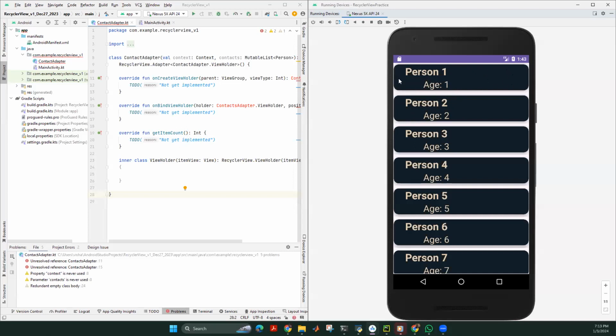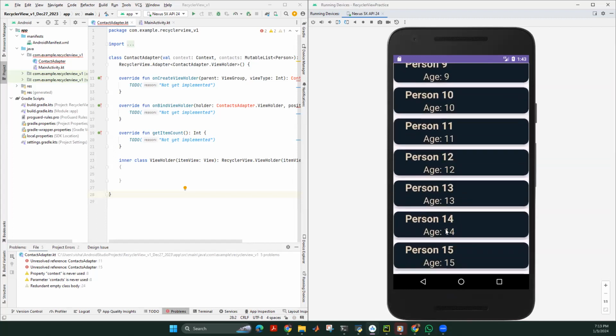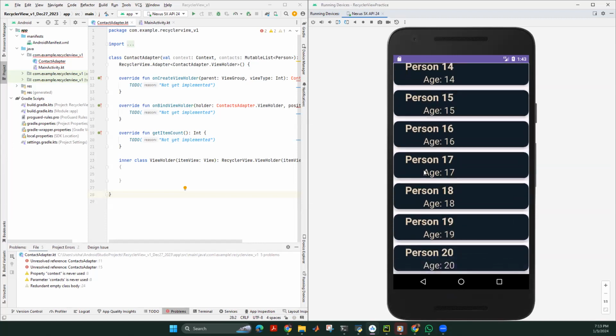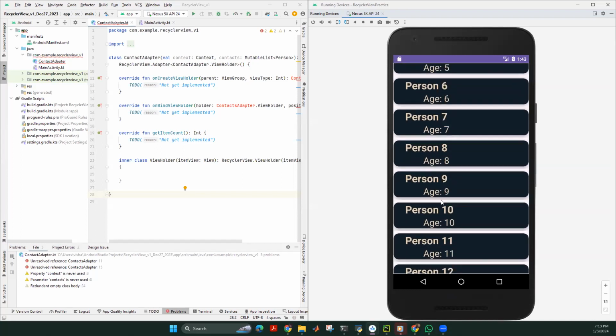Each of these items is known as a list item. This scrollable view we can define for a large number of items. In this example, we have items up to 20. Also, we can go further and implement a